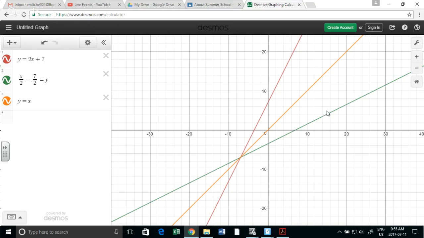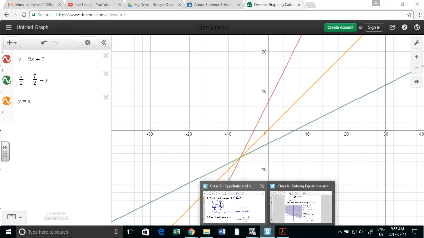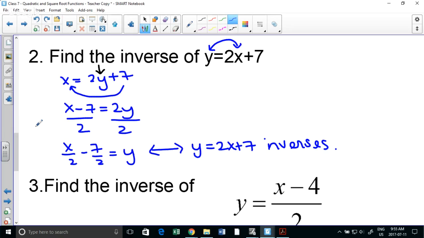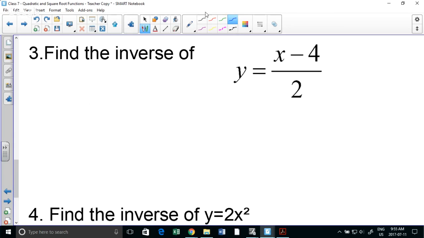So we've got the different points that we could switch here. We'll do 2 more. So find the inverse of that function. Our first move is to switch the x and the y. So I say x goes where the y is. So I have y minus 4 divided by 2. And now I need to